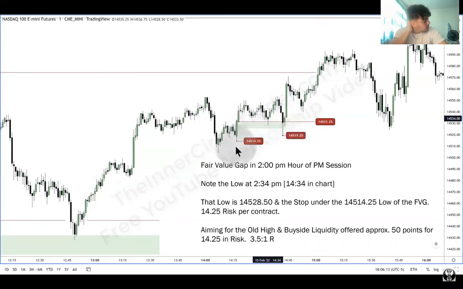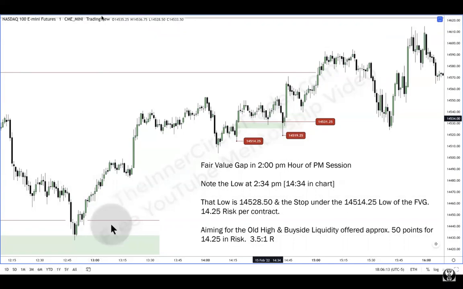But overall, this is a nice little setup with the afternoon using the logic over here, even if it doesn't give us a fair value gap, the setups that I'm teaching you to use,